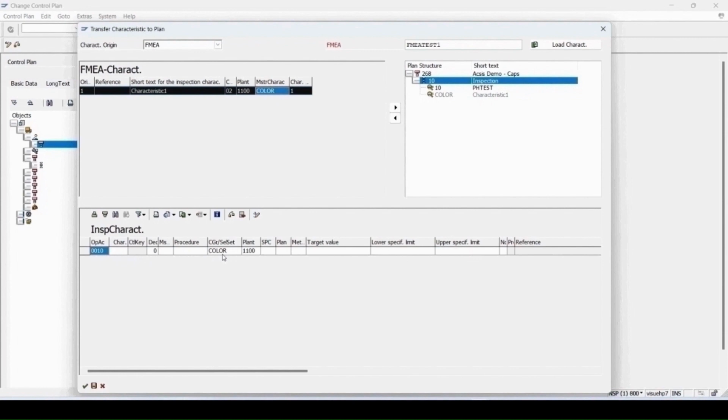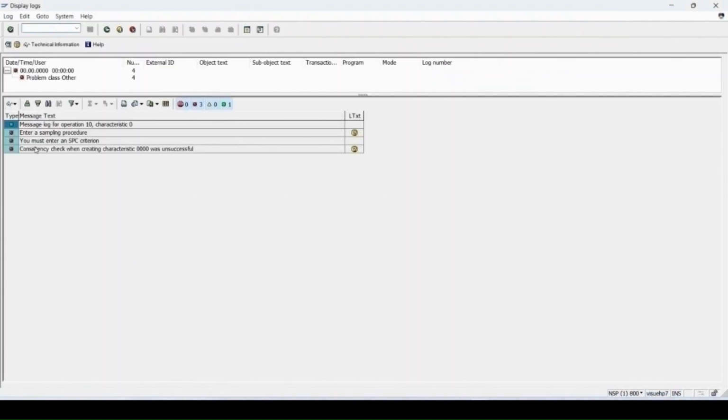Click on this consistency check. It will give you what all errors are there. So you need to first solve those. Like it is saying, you need to enter the sampling procedure. You must enter the SPC criterion. So here I can enter